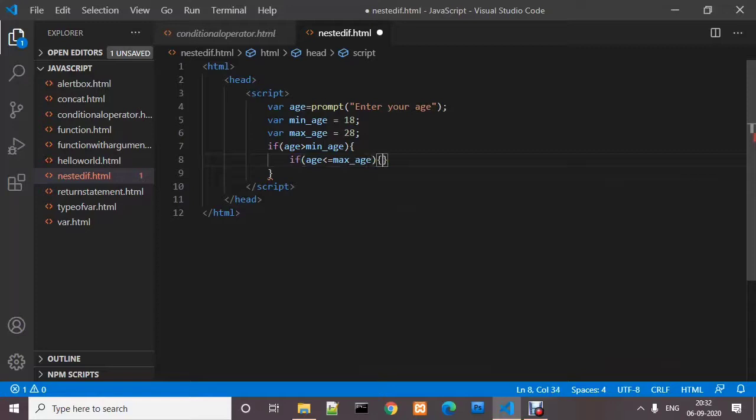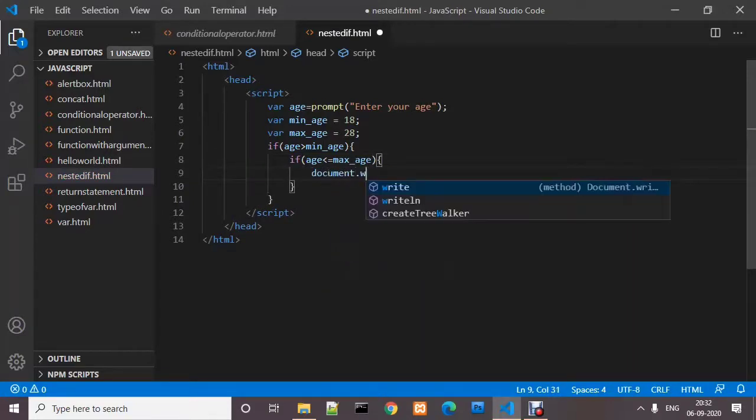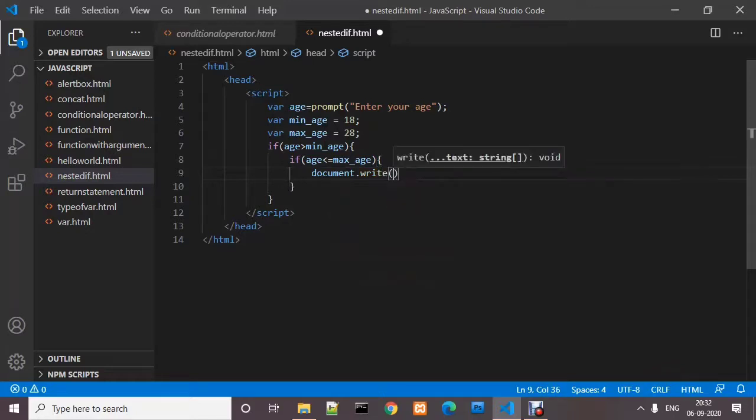If both conditions are true, then only we will write document.write, and it will say you are eligible to do this course, or you can take part in this course, whatever you want to write.